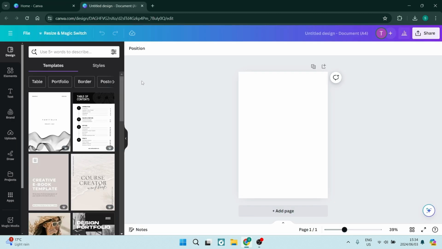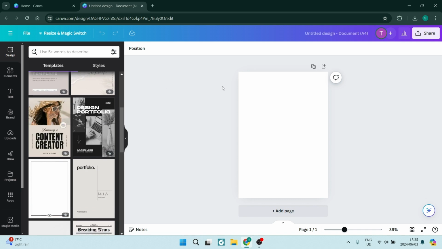This will now open in a new design. You can go ahead and grab a template from the left hand side by tapping on Design. You can scroll through the templates and styles that they have available, or you can use a few keywords to describe the kind of template you're looking for. Once you have chosen a template, you can go ahead and customize that template,